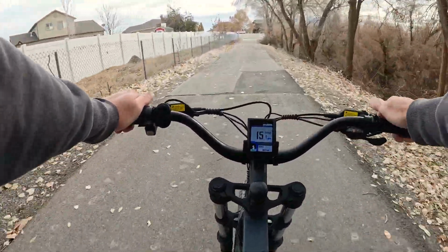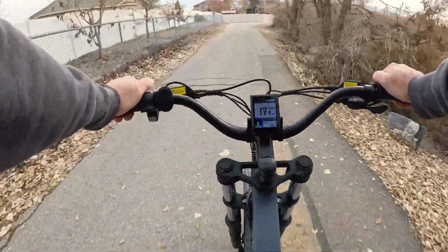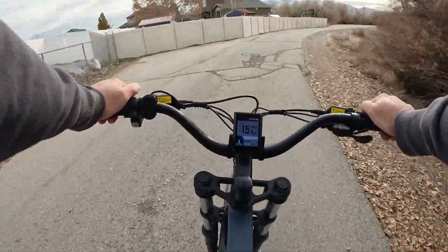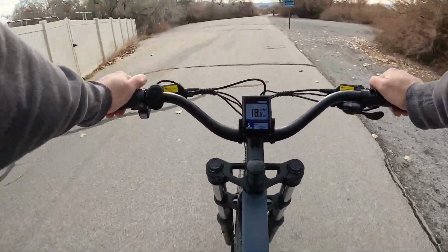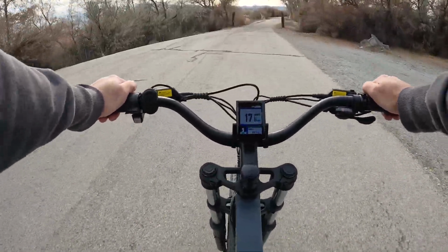Got 100% battery. I've actually changed over to the 10 amp hour battery. My seat post battery, the 19.5 amp hour battery, was getting pretty low, so I went ahead and changed over to the 10 amp hour battery in the tube of the frame of the bike. So let's see if we can get in pedal assist